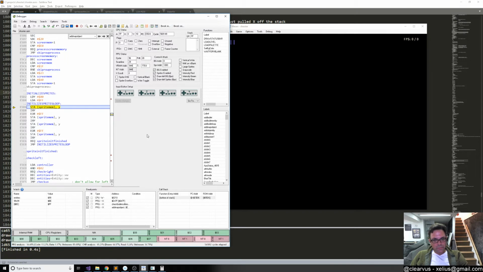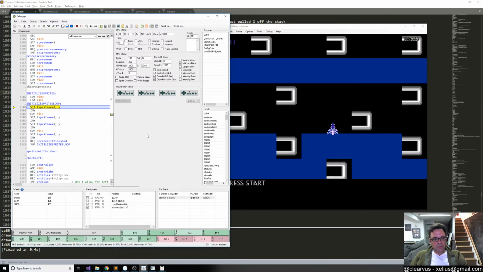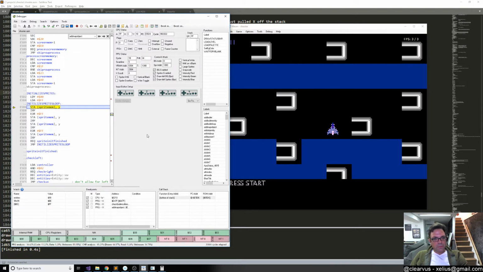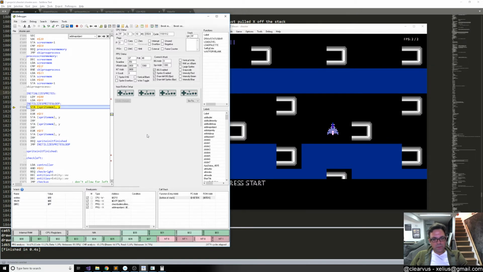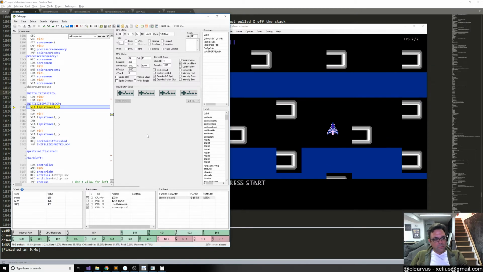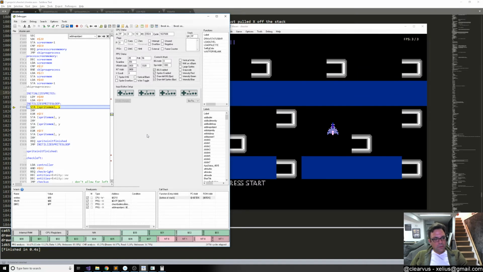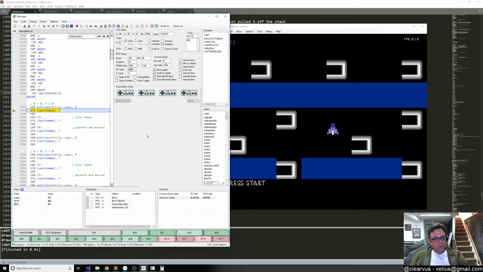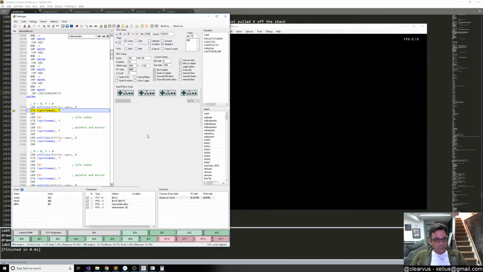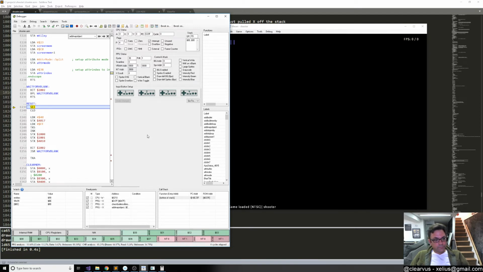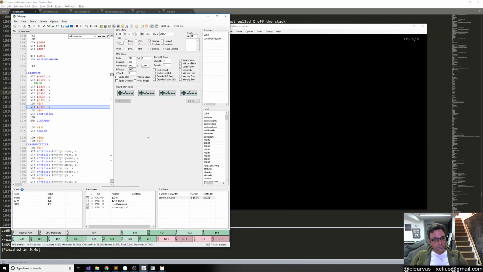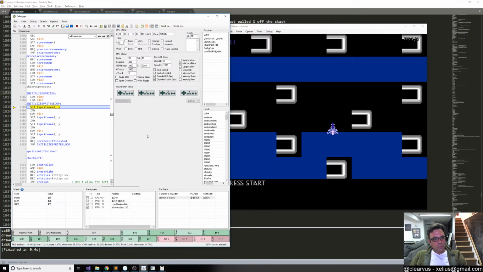So after hitting start, it's 2, 3, 4, 5, 6, 7, 10, 11, 12, 13, 14, 15, 16, 17, 18, 19, 20, 21, 22, 23, 25, 26, 27, 28, 29, 30, 31, 32, 39. So when we hit 38, I want to step through this. One, two, three, four, five, six, 7,